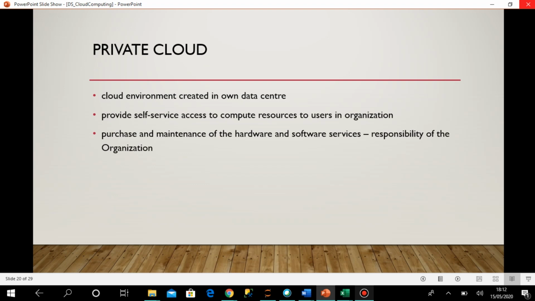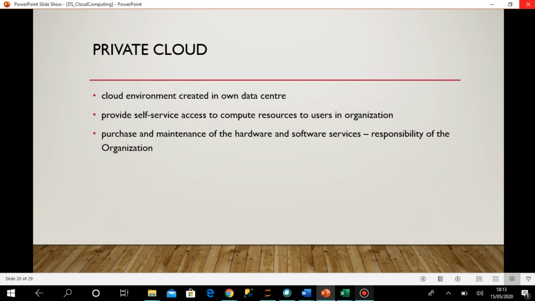The organization itself is the owner of this entire cloud infrastructure, and they create the cloud within their organization, and their employees use it as if they are using a public cloud. So it's a public cloud created within a single organization. That way you can think of it.